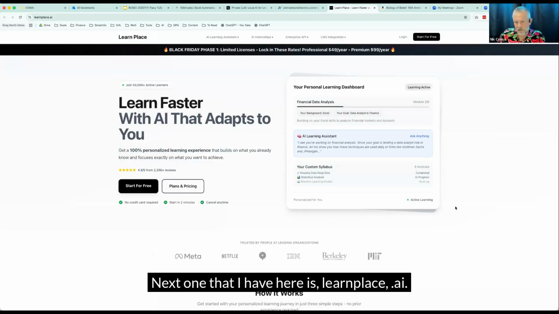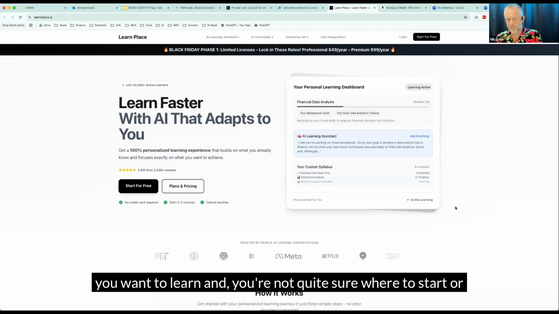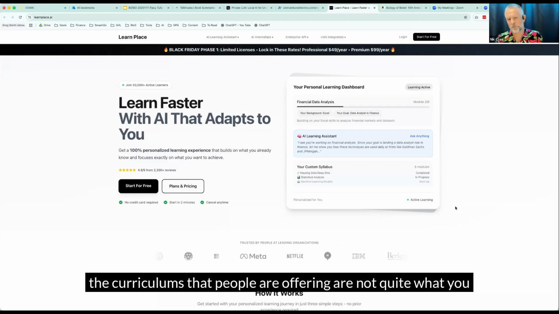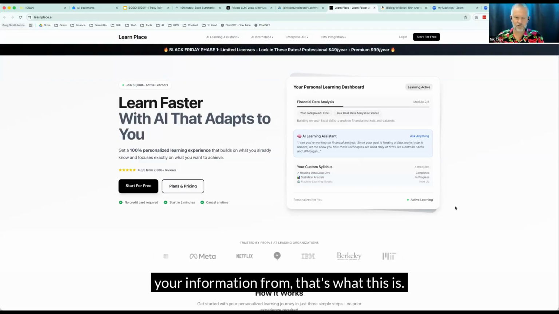All right, next one that I have here is LearnPlace.ai. And this particular app is for if you've got something that you want to learn and you're not quite sure where to start, or the curriculums that people are offering are not quite what you want, or you want to curate where you're getting your information from.